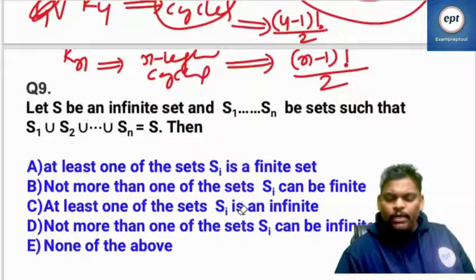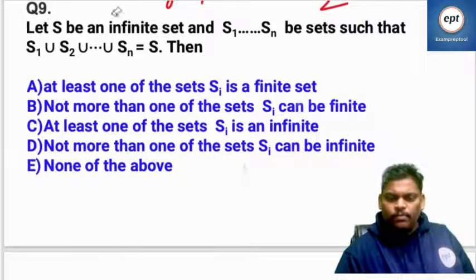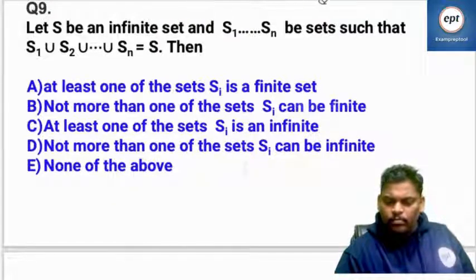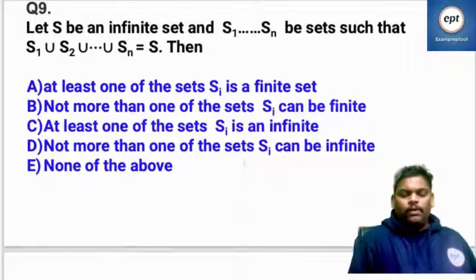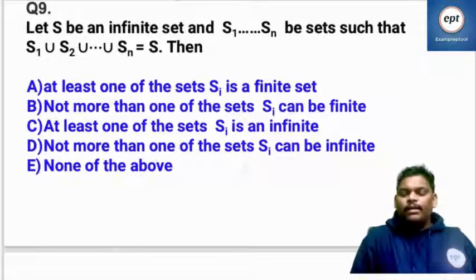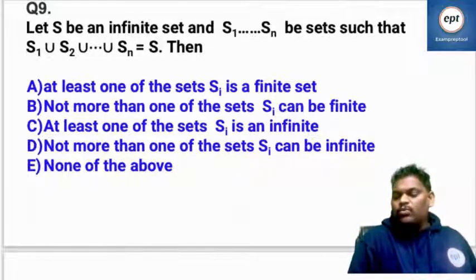I think 8 problems we are done. Let's go to the 9th problem. Let S be an infinite set and S1, S2, ..., Sn be sets such that S1 union S2 union and so on up to Sn is equal to S. Then,